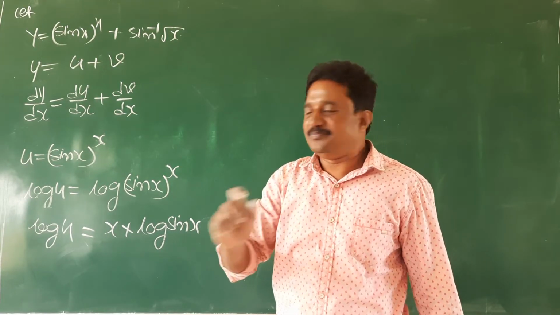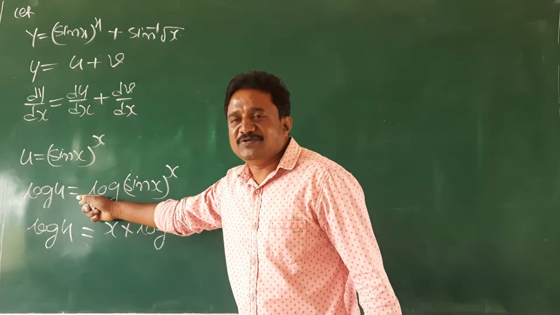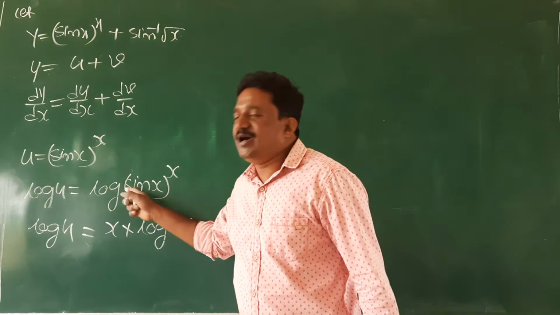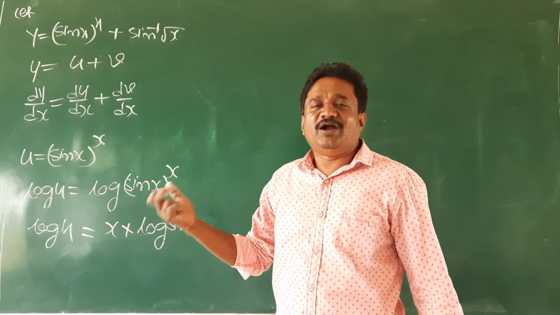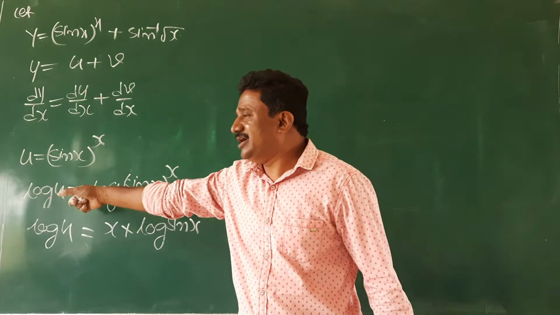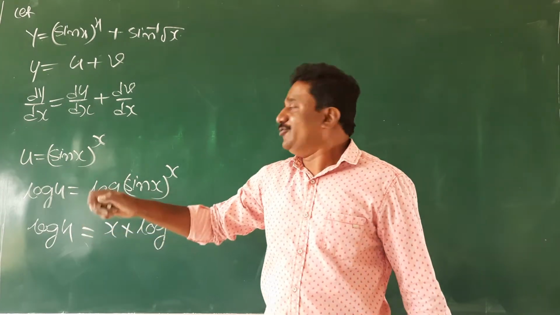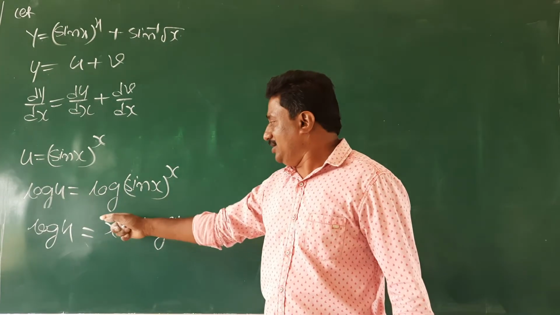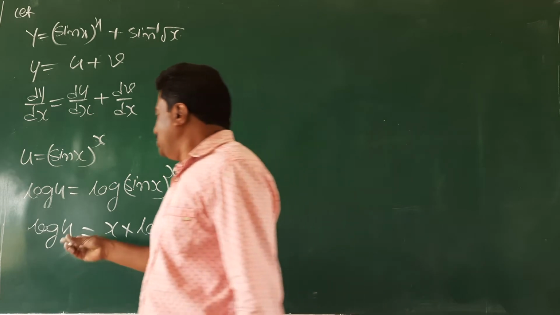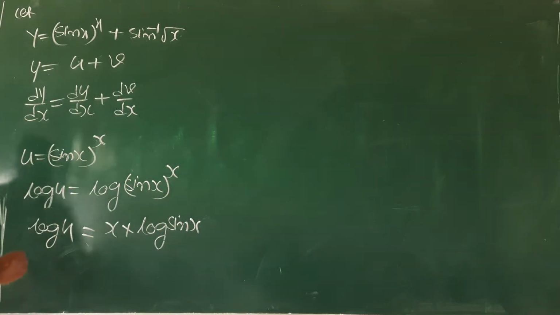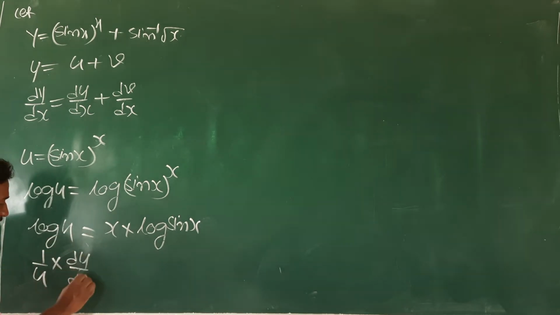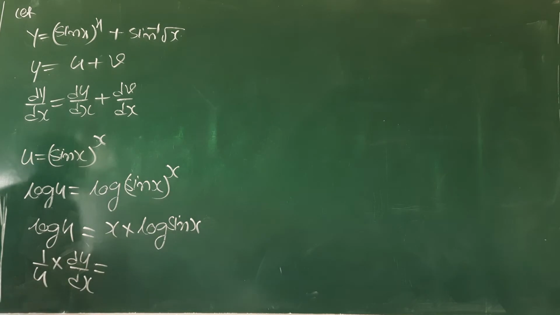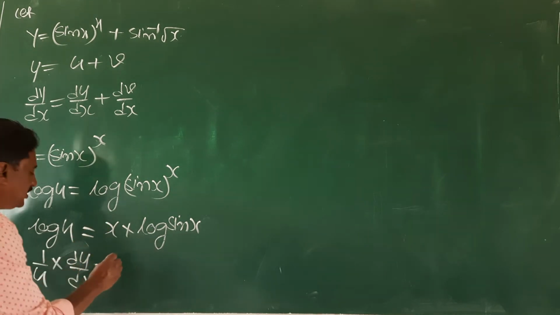It is not correct because we have equals. Equals means these two are equal in all respects. Whatever you wish to do for the left side, the same thing should be done for the right side also, students. Now let us start differentiating. Differentiation of log u is 1 by u, again u is du by dx. Apply the UV rule. Keep the x as it is.